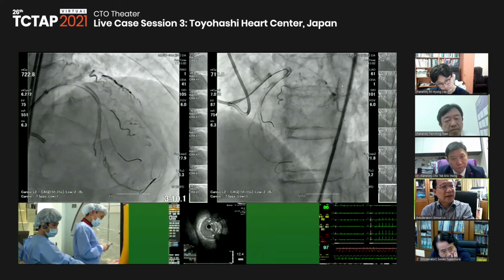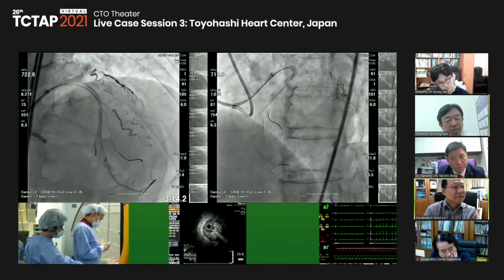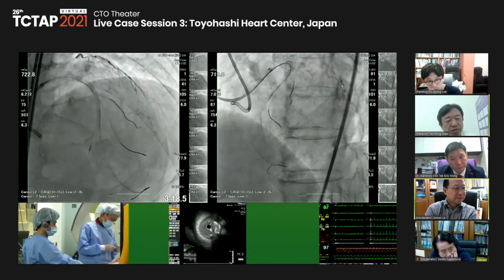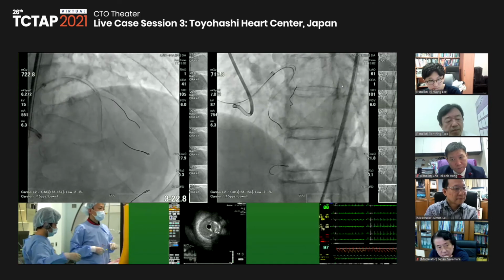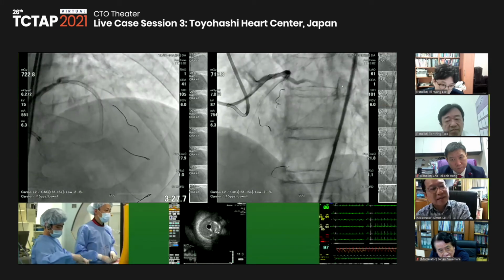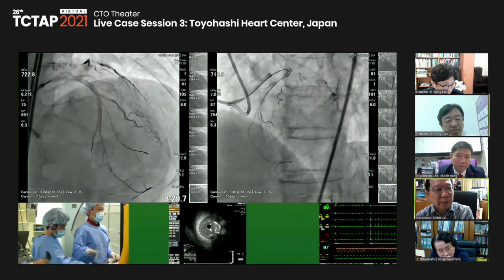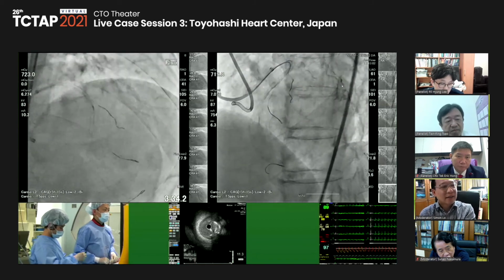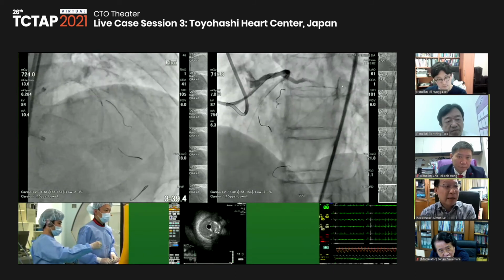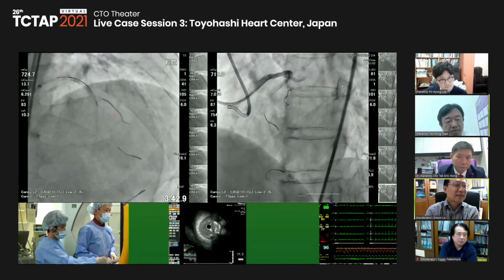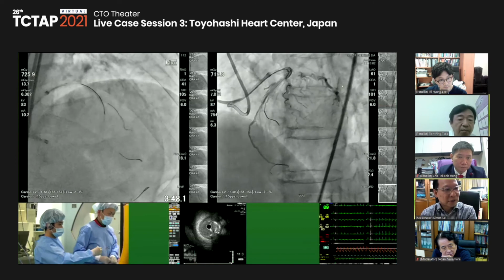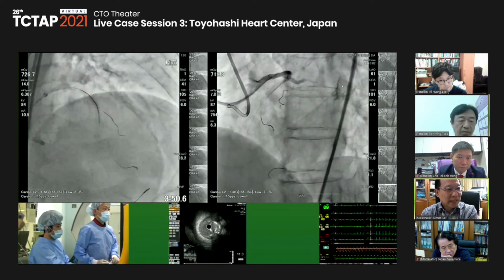Now the ostium of this diagonal looks significant. Well, usually, do you want to implant a stent for the diagonal in this kind of situation? I think most of the panelists in the beginning were thinking of a provisional stenting, a single stent, and then if necessary, dilate the side branch diagonal using a balloon, perhaps a kissing balloon technique. Okay. I'm very impressed with your technique of balloon protection outside the stent.